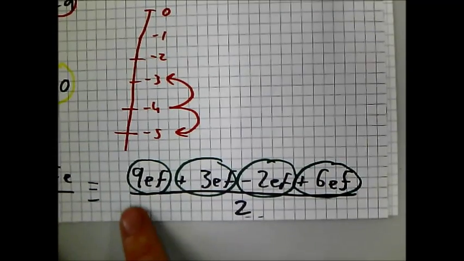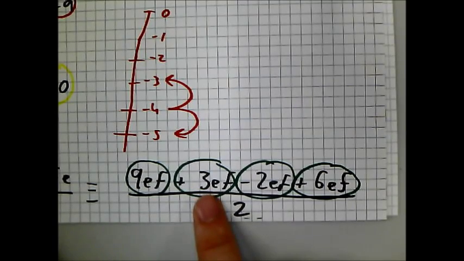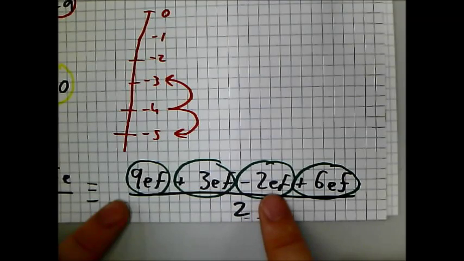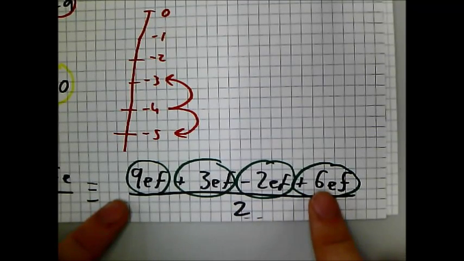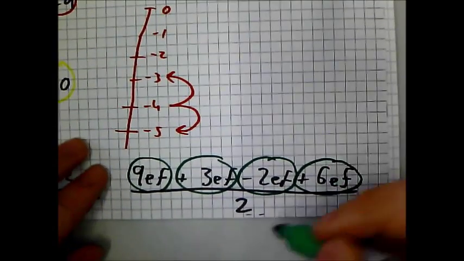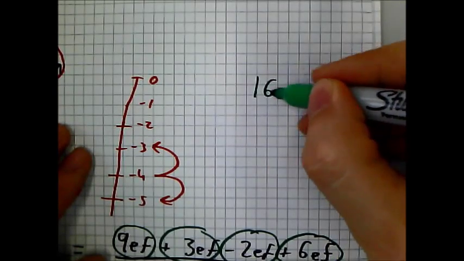I've got 9EF plus 3EF. That brings me to 12EF. I take off 2EF. I'm now at 10EF. And I add 6. So I'm at 16EF. I've run out of space here, so I'm going to do it up here. So that gives me 16EF